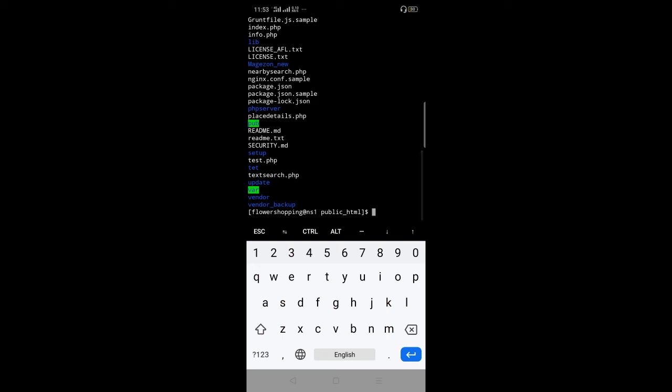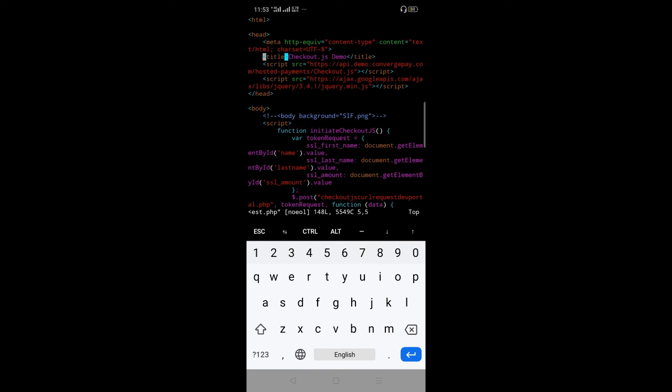If you want to open any .php file or txt file, any type of file, then simply type the command vim test.php. So this file has been opened, and you can see all the code of your .php file.